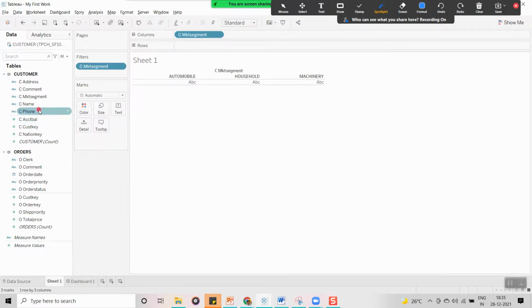Now, guys, this we will call the marks card. This marks card is going to play a key role in building the visualization, because under the marks card you can see different properties. Here we have the color property, size property, text property, details and tooltip. And also here there is one blank. Depending on the visualization type we are showing, we are going to get one more extra property.